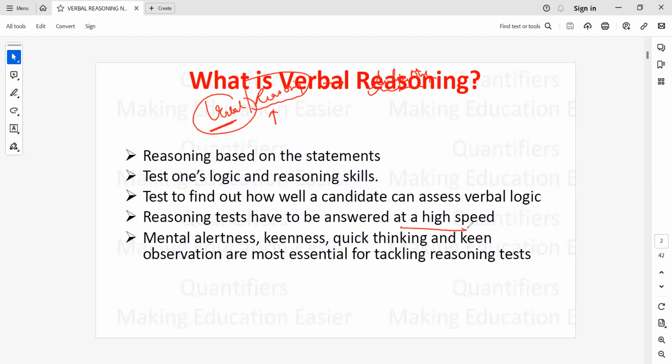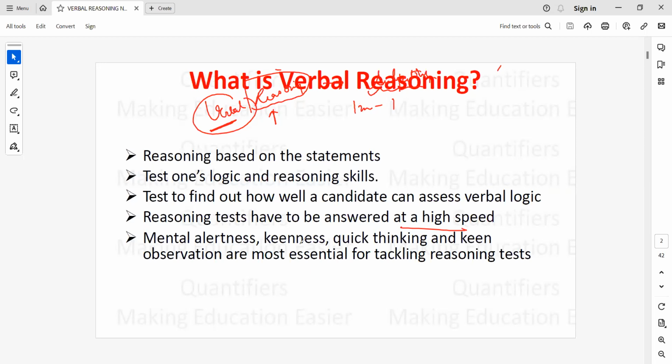Now, you know that speed is a determiner for SNAP as an exam, right? In those kinds of exams where you don't even have 1 minute per question, you're generally going to find verbal reasoning because this is an easy-go topic. You can do it quickly if you know what assumptions, inferences, conclusions, and strong and weak arguments are, then you'll be able to make sense of it. It does not require, I would say, even a minute. It does not require too much time when it comes to verbal reasoning.